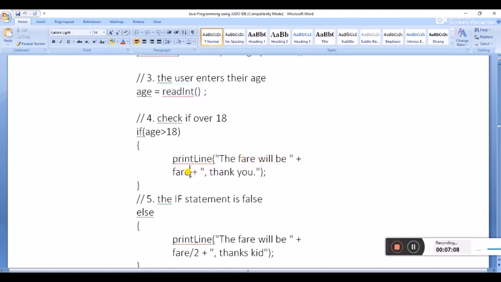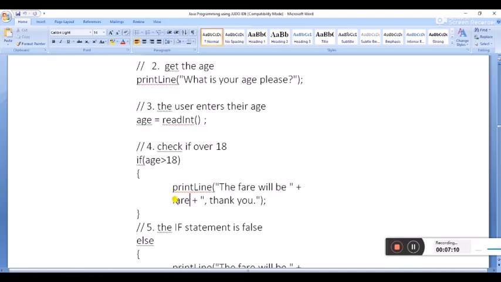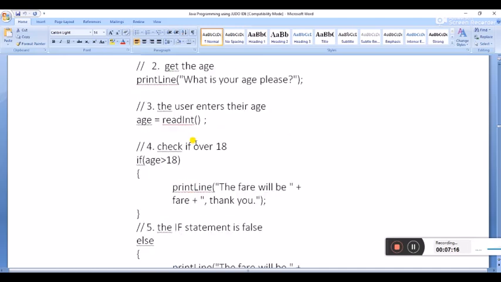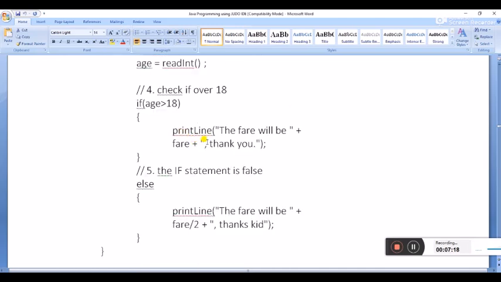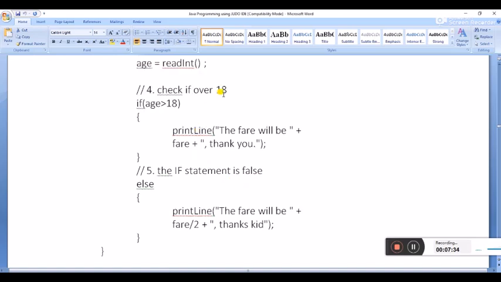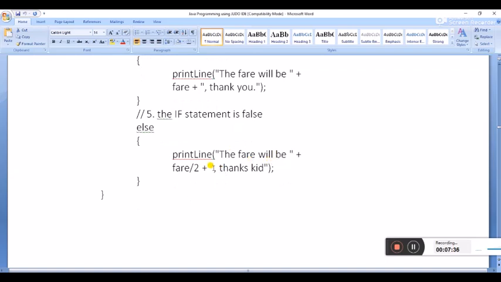So the system will look at this variable and ask itself, okay, what's this fare? And here we have already declared and initialized this fare to be 80. So your fare will be 80. Just imagine maybe a voice control system telling you, look, based on what you've supplied, this is going to be your fare, and you now make the payments. But if the statement is false, that is, if the age is less than 18,